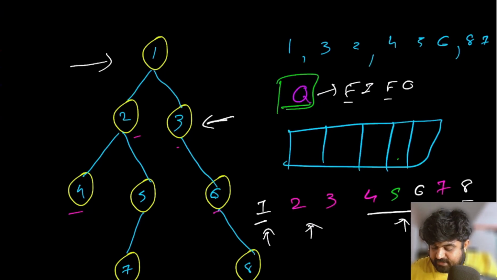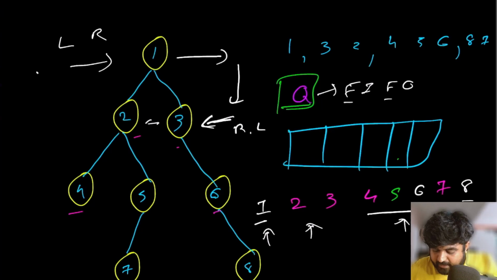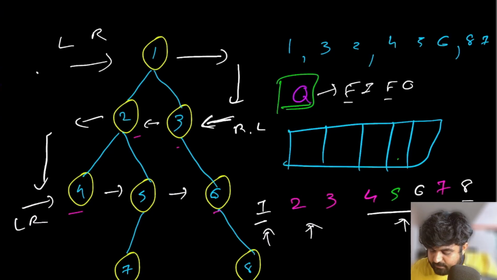Remember, zigzag fashion means that on one iteration we are moving from left to right, the next iteration we are moving from right to left, and again for the next iteration we move from left to right, and we keep repeating in the alternate fashion